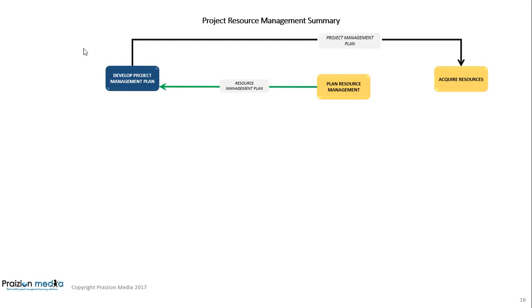Now, you might have heard my summary about the project management plan. The project management plan, which contains all the subsidiary plans and baselines talked about on page 89 of the PMBOK Guide 6th edition, goes to all processes except two. And I want to make this really clear so that you don't try to memorize it. Just understand the rule. The project management plan goes to all but two